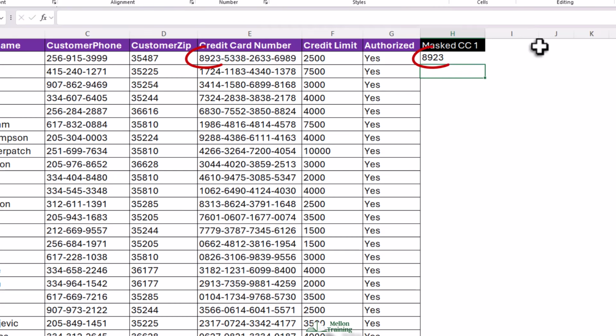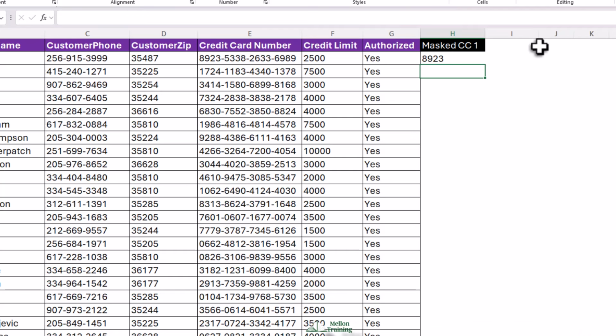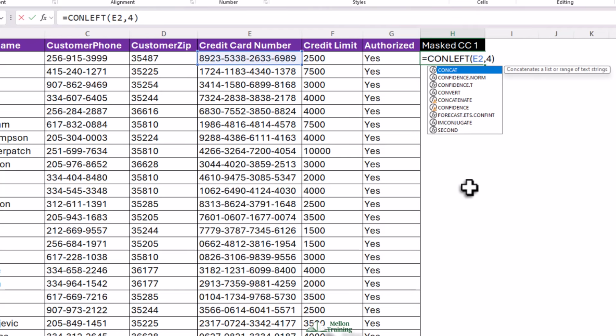When you press enter, you should see the first 4 digits of the card number. But we're not done yet because we want to hide the rest. To do that, we need to add stars after those 4 digits, and the simplest way to glue pieces together in Excel is with a function called CONCAT. CONCAT basically means to join text together. So now we'll combine 2 parts, the first 4 digits and then a bunch of stars. Type equal CONCAT